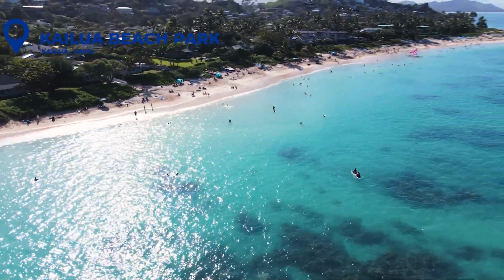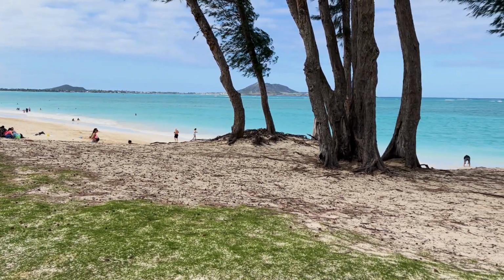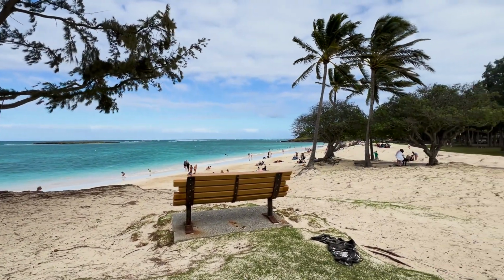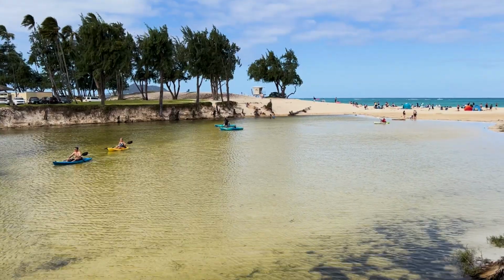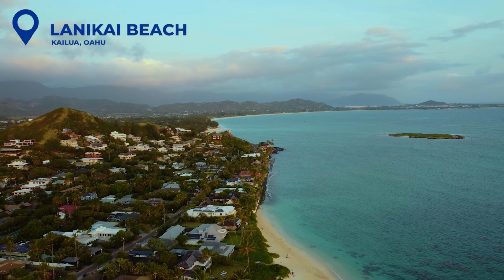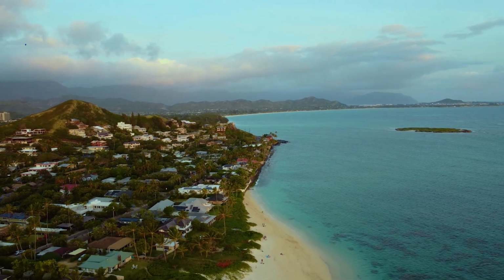It's a 2.5 mile stretch. It's super beautiful. It's white sand, nice powder sand, and it can get a bit windy though. But if you're an outdoor enthusiast, if you're into parasailing or windsurfing, this is definitely the beach for you. And then Lanikai Beach, the next beach over, is a lot smoother. You don't get as much